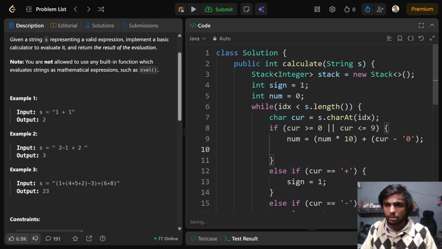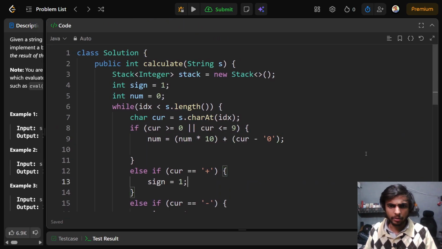Okay, do I need to explicitly cast it into an integer? We'll see. And I can push this onto my stack. Okay,